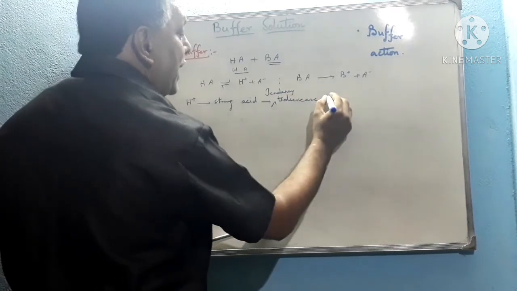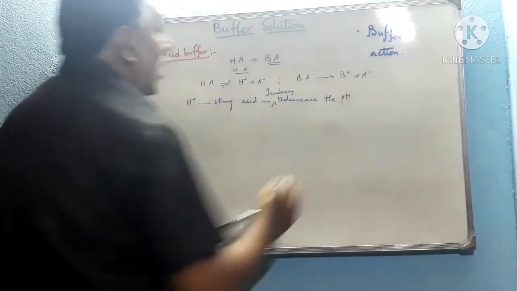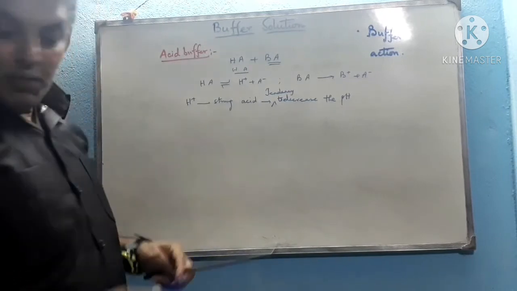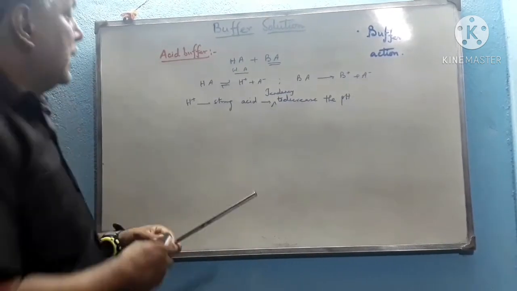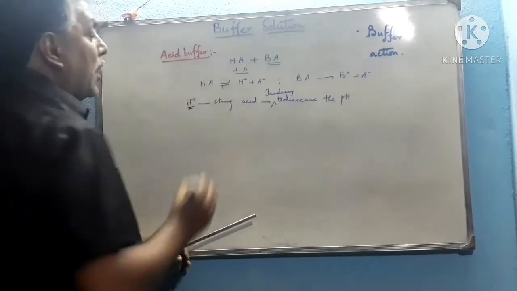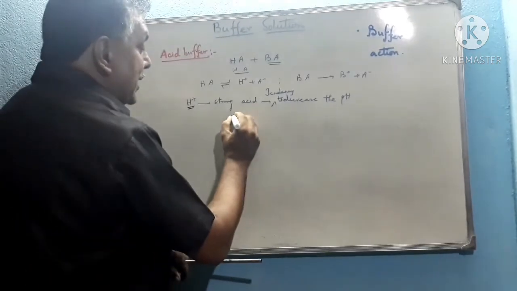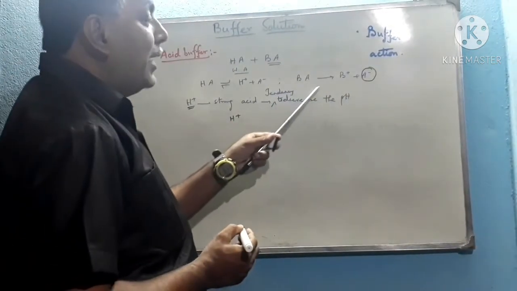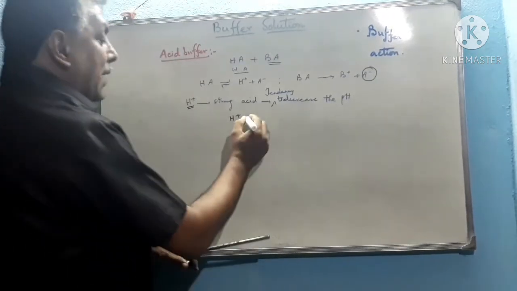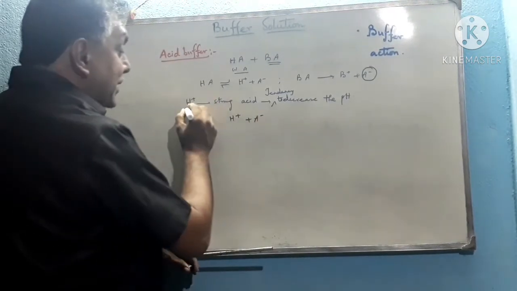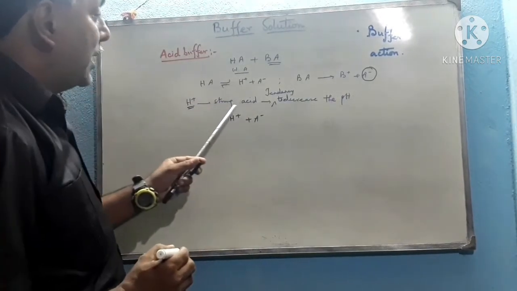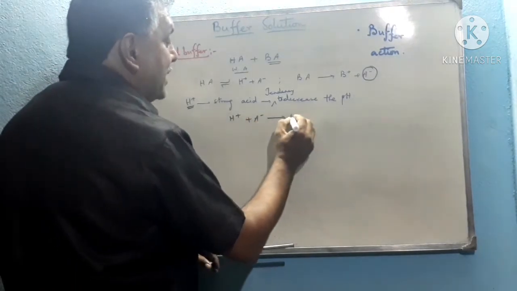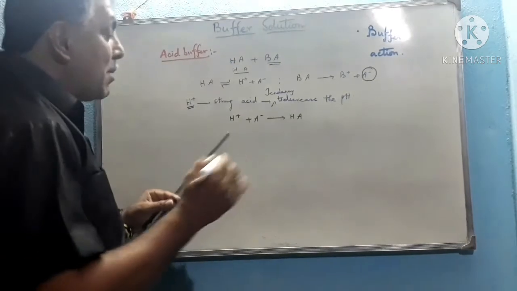to decrease the pH of the solution. Now, I am showing how the acid buffer solution resists the change in pH. So, with this decrease in pH, the solution now contains excess H plus ion. This excess H plus ion then combines with A minus, because BA is a strong electrolyte, it produces A minus inside the solution, and hence that A minus combines with the excess H plus which we have added by using a small amount of strong acid from outside. So that A minus combines with H plus to form HA.